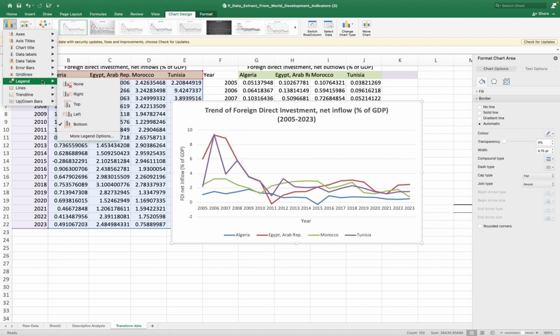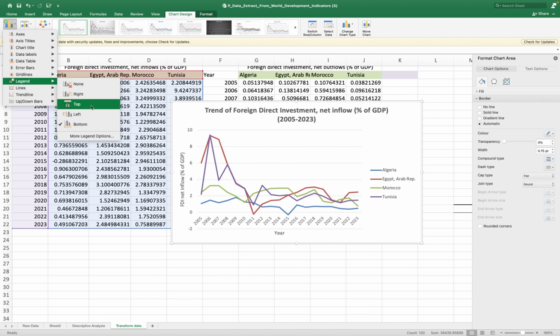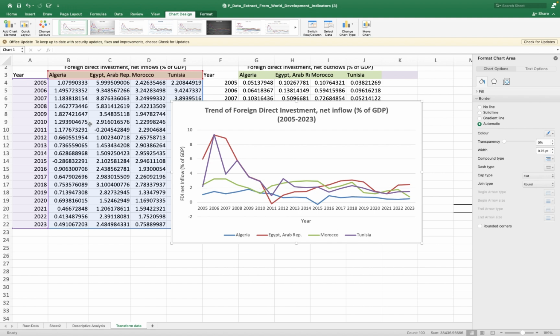Okay, so I can position my legend either to the right, to the top, to the left, and to the bottom part. You can see the bottom part is activated. If I change it to the right, you have it in this order. So depending on how you want it, but I prefer the bottom part for now. So I can now lift this, copy,